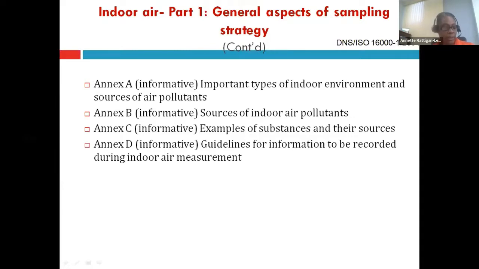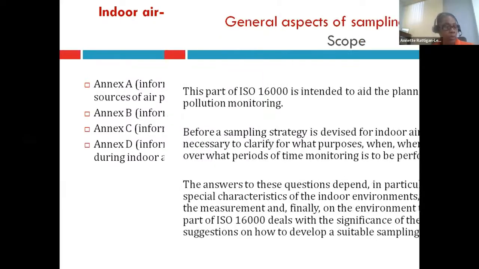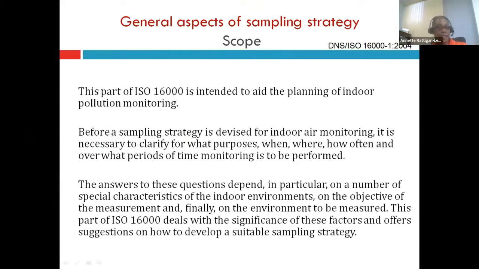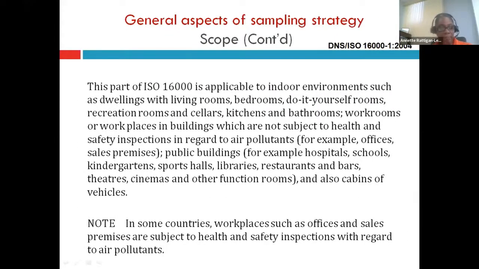So to bring all of this together, on the next slide, the scope in itself is basically summarizing the standard, what it covers in terms of the planning for indoor pollution, the monitoring, where you develop a suitable sampling strategy, but also taking into consideration why you are doing this, when you are going to do it, the frequency in terms of doing it also, and consider also what is going on within the indoor space that you are working with. And it also covers, I think on the next slide, the spaces to which the use of this sampling